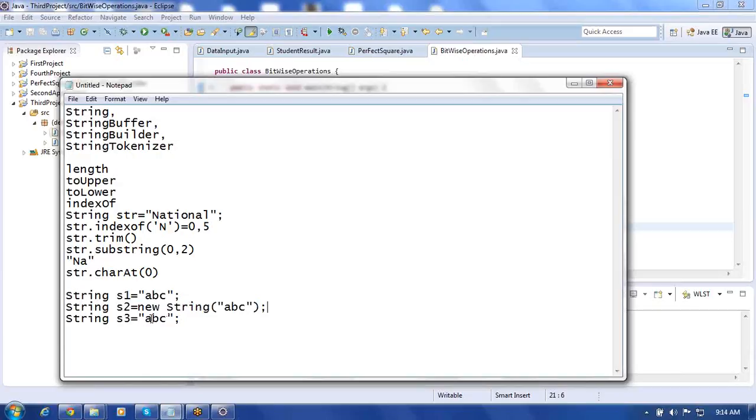Therefore, though internally the content is the same, in s1 and s2 the content is abc, but these are two different objects. s1 and s2 are different objects, but s1 and s3 are the same object. Like that, internally it treats this. So all the three strings contain the same data, ABC, but the locations where the objects are differ. s1 and s3 refer to the same location, but s1 and s2 refer to different locations. So therefore, they cannot be equal